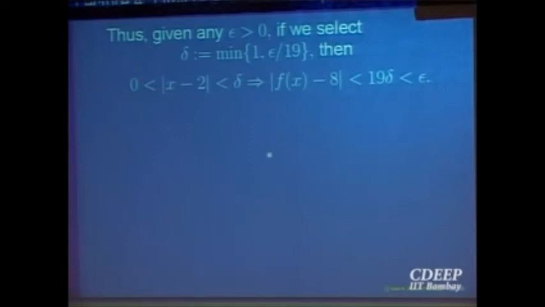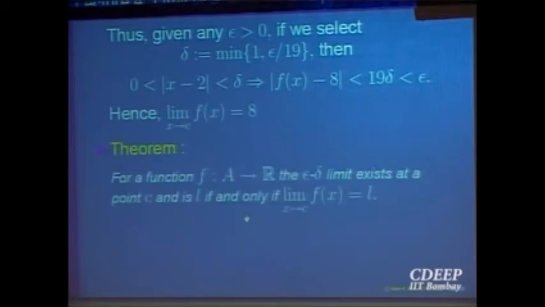Okay, and the two definitions are equal. We will not prove that. We will assume this theorem, that the epsilon delta definition is the same as the definition of limit by sequences that we have given. You can use either method you like to prove a limit exists or a limit does not exist. Okay. So equivalence is assumed. Proof is in the notes. Those who like can read it, but for the exam it is not included.